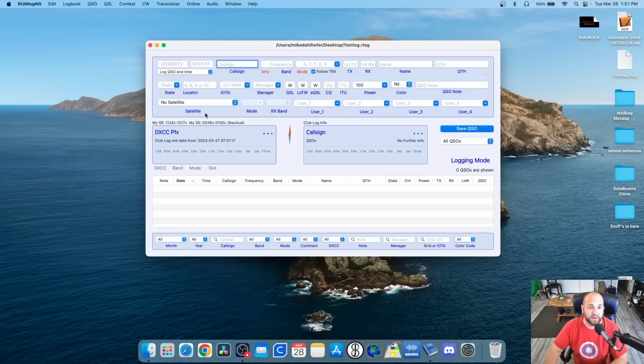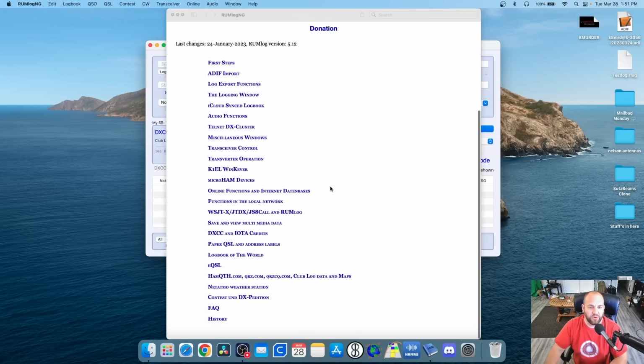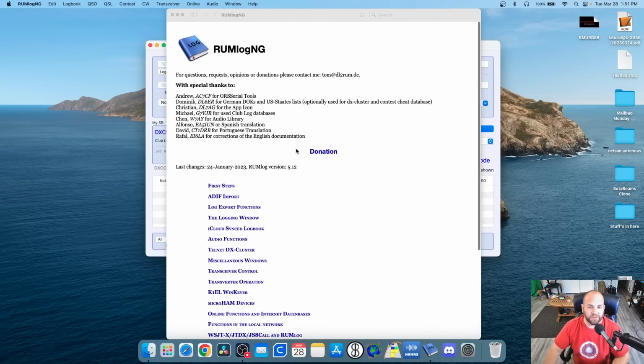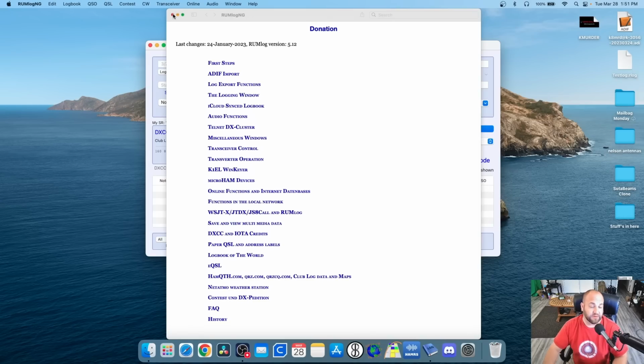Now, the next thing I want to tell you, in this menu bar up top, if we click where it says help, click on RUMlogNG help. This is where it's going to show all of the instructions, the manual, if you will, for this. Now, I will tell you, the manual does leave a bit to be desired. It's kind of incomplete in my experience, and hopefully this video will help augment the things that are missing in